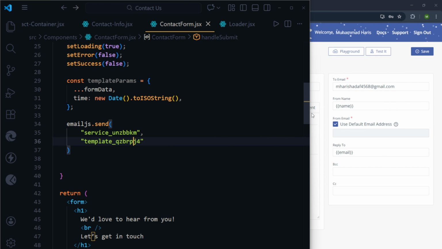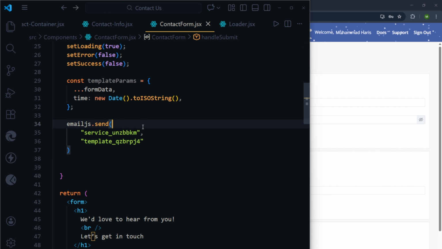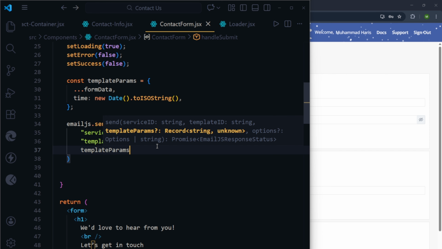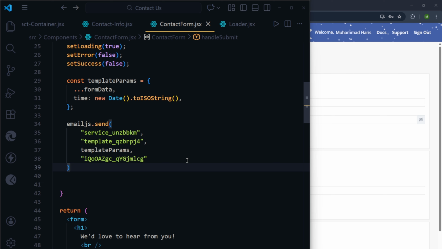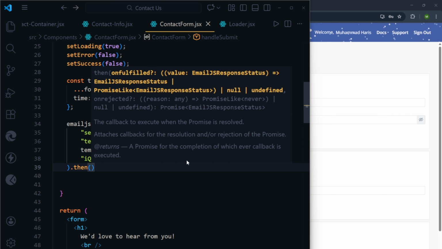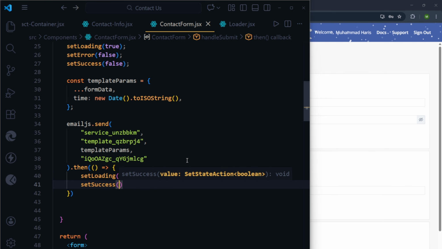Then go to account, and there will be the public key. Copy it as well. Then we'll also write template params, and below it, in string form, we'll also write the public key in string form. And then we'll add .then, take an arrow function, set loading to false, set success to true, and we'll take